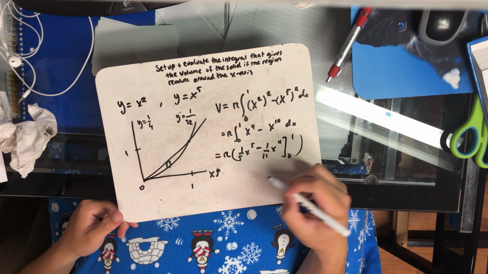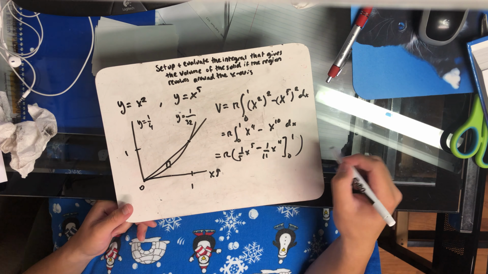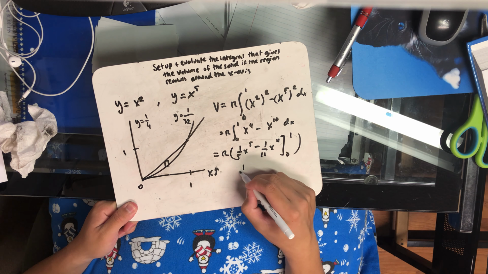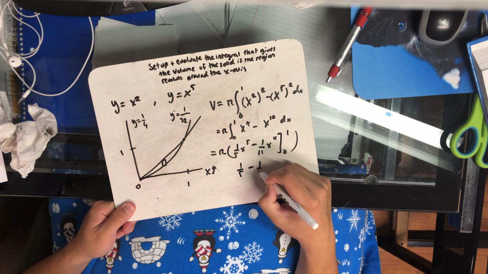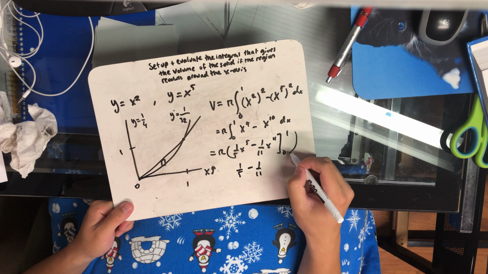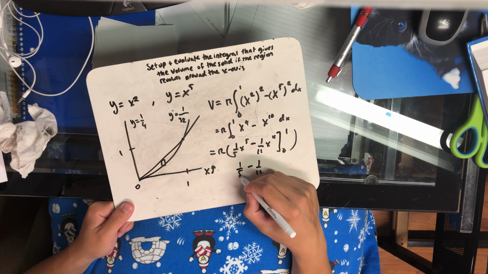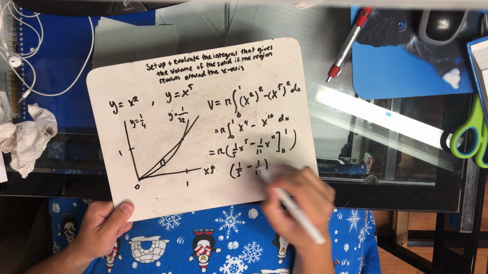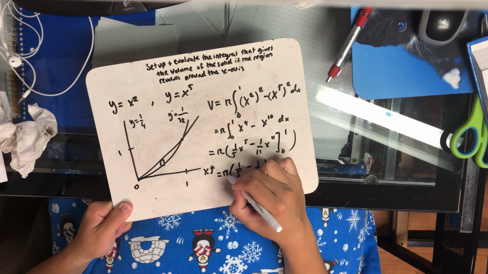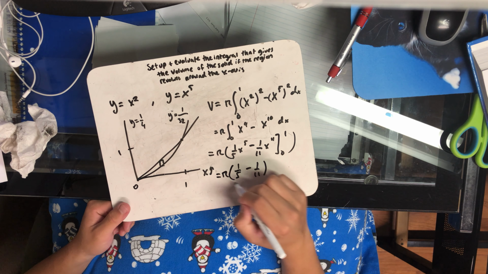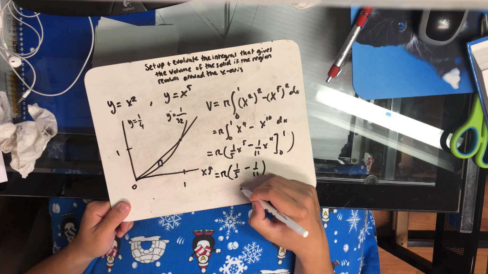And F(b) minus F(a), so if you just do that, you'd get 1/5 minus 1/11 minus F(a), but since it's 0, it's going to be 0. So I'm not going to waste my time doing that. And this would be